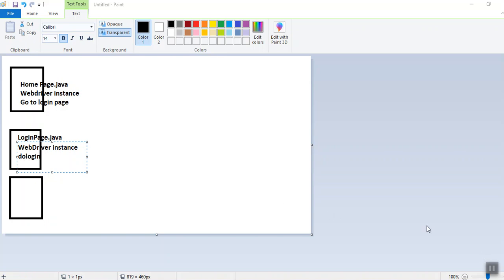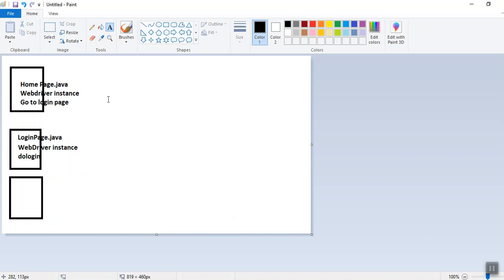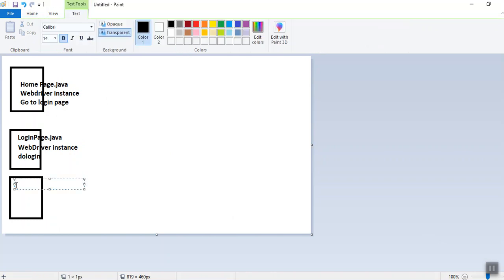Next we have another page, that is inbox, so there will be a file known as inbox.java. Here also we will have the WebDriver instance, and say we have a function in it that is logout.